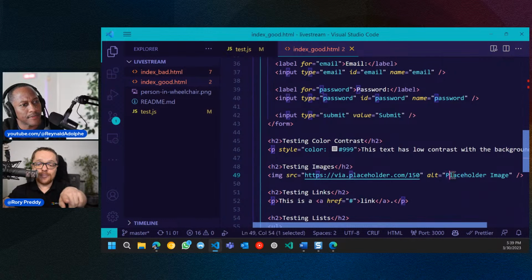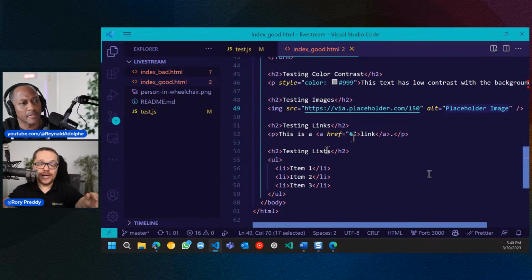We have an alt tag placeholder. And that's exactly what we were looking for before, because we didn't add one in that DQ University, but here we have one. So it didn't pick up that there was no alt tag. And you can smell what I'm selling in the next one. We're going to remove that and it should actually pick it up. Links. So that's a nice hyperlink, and then lists.